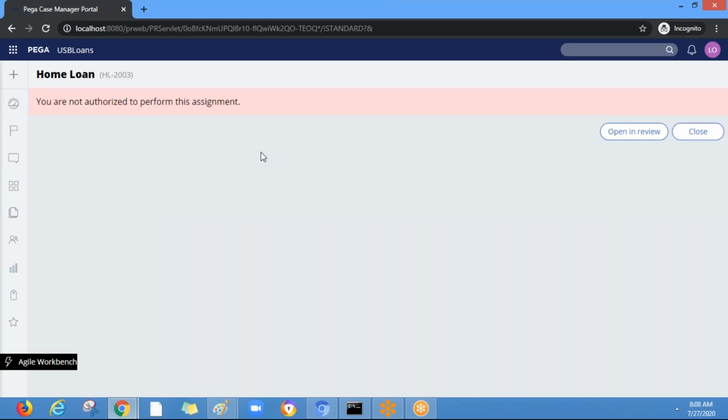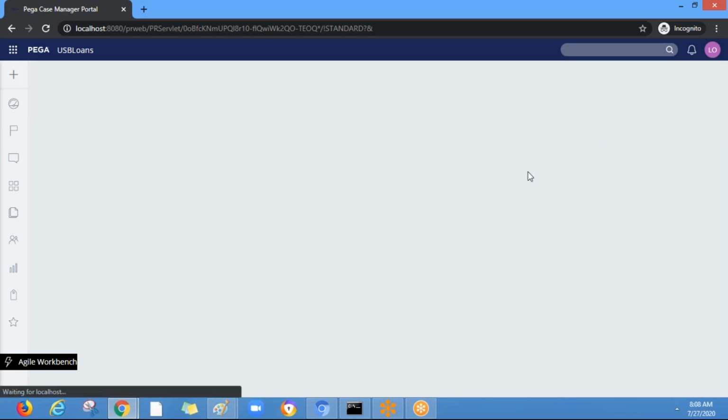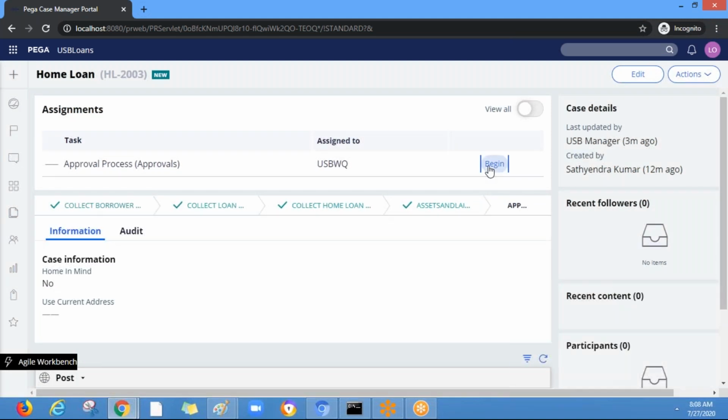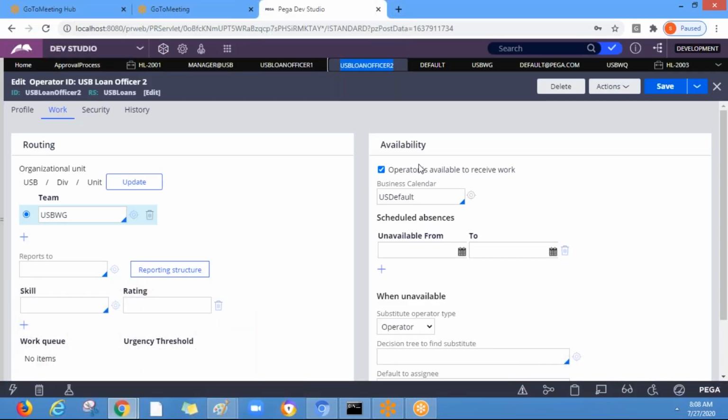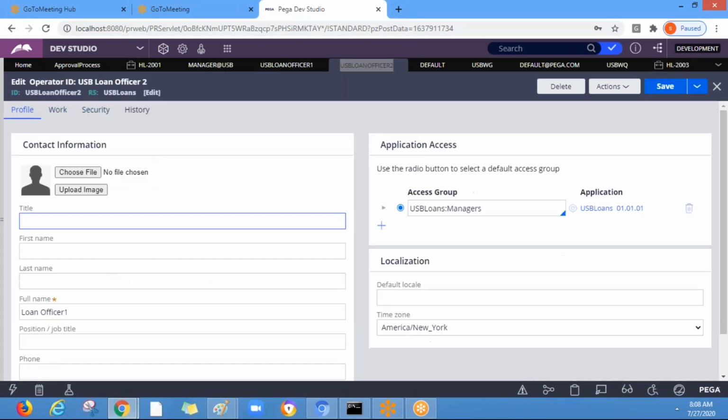Okay. So since you are not authorized to perform, I think there is some security issue. So what we do is, I think for you, you don't need to change anything. Let me think, I did some changes.